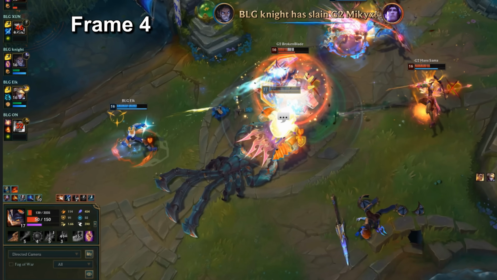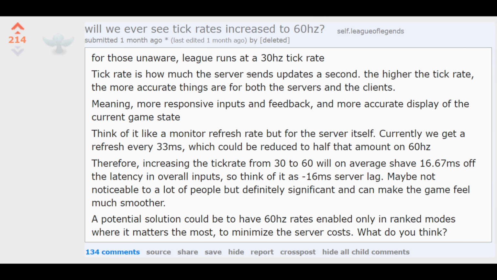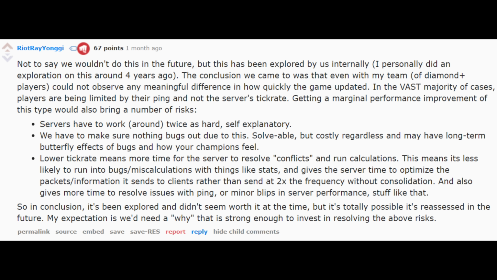In Sylas' case, 3 seconds earlier, the difference was 1 frame. Such a difference can probably be explained by League of Legends' tick rate, as League is only using a 30 Hz tick rate, and that is something that Riot is not planning to change. So the question is, when does Zhonya really start? When the icon appears or when the VFX starts?